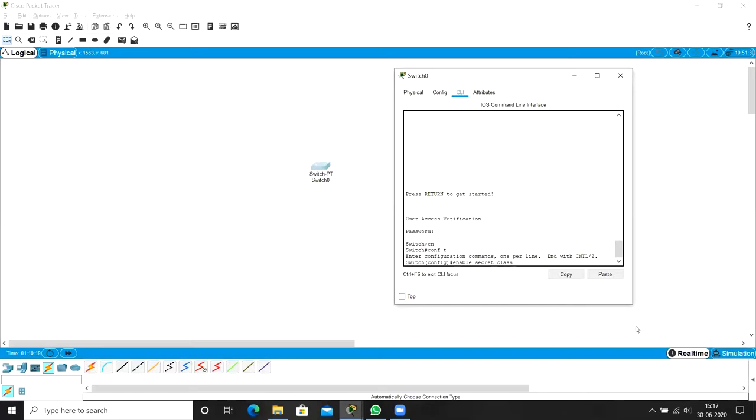Please see here, this enable is a command, space, again secret is also a command, space, next class is the argument, or a parameter it is. Now you can just press enter. Now you don't need to give any login here. That is not at the login point. We shall have only one login point. That is why, only at console we need to give.